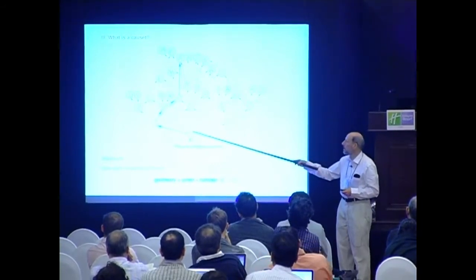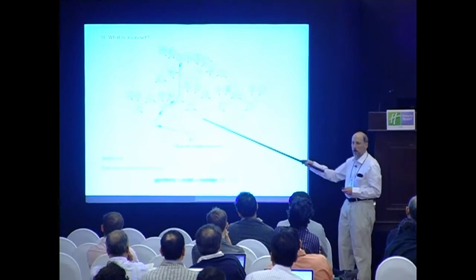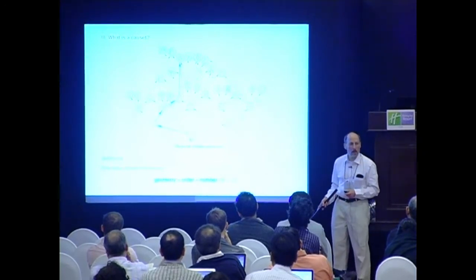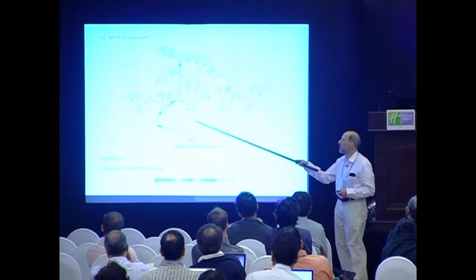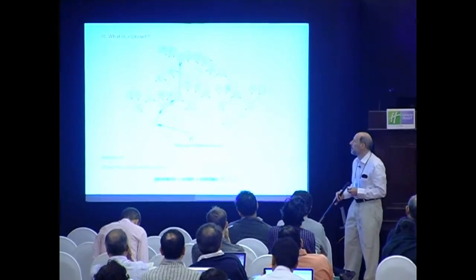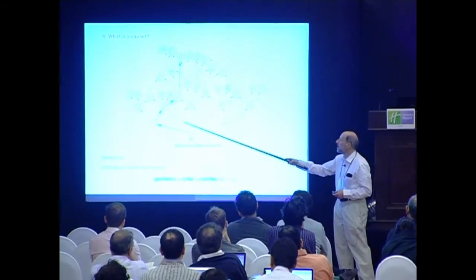But we don't bother to draw in that line because it's implied by the ones that are always drawn in, and it would just clutter the diagram. So if you use the minimal set of lines, you produce a graph which is called the Hasse diagram. But that's all a causal set is. It's just a partial order.